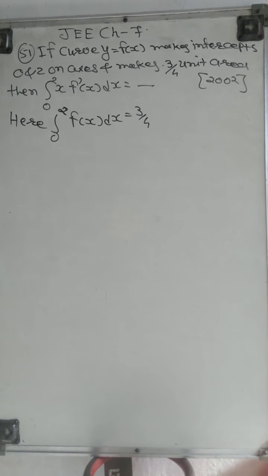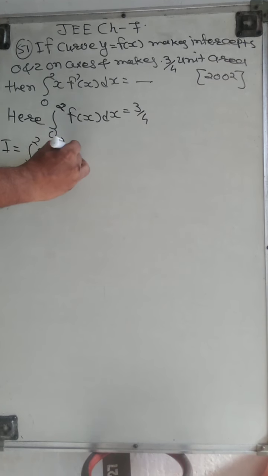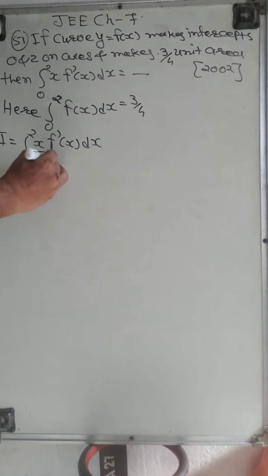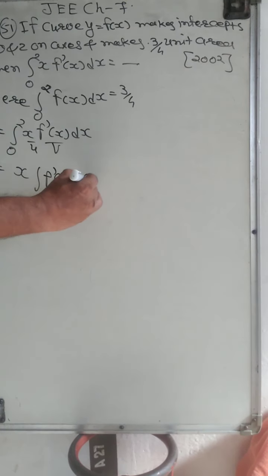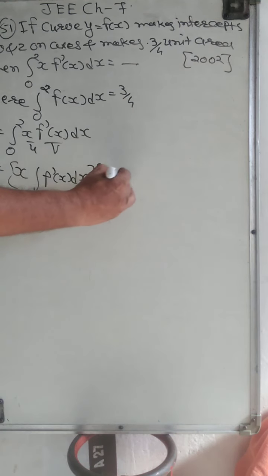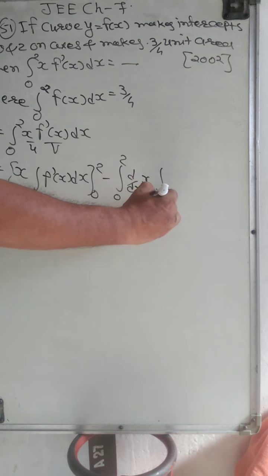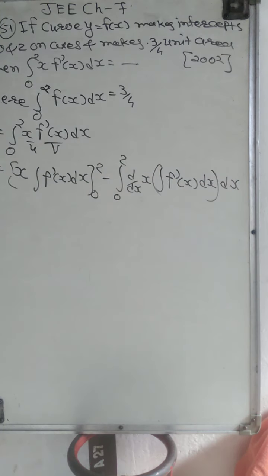And the next thing is, now we take I equal to integration 0 to 2 x f dash x dx, right? So here what we do, this is u and this is v. So first as it is, integration of second as it is, from 0 to 2, minus integration of derivative of first, integration of second as it is. Okay, so this way we can find our simplification. And here when we put this x, we put x equal to 0.